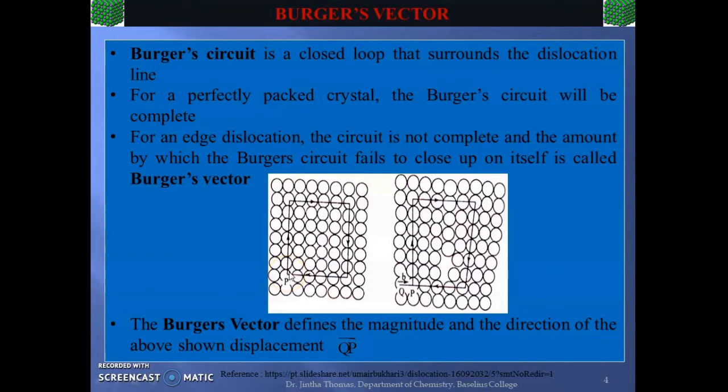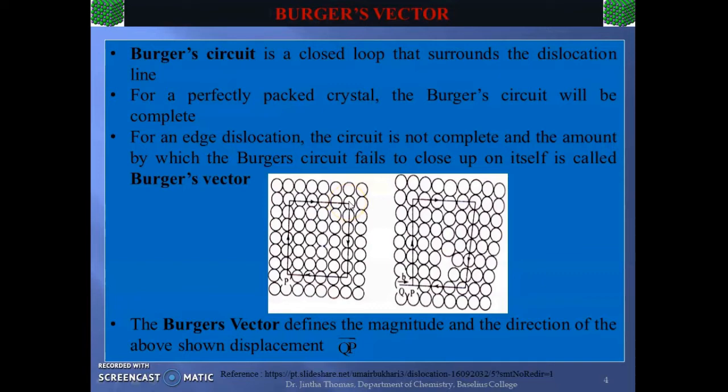So now let's start drawing the loop from the point P. For that we are going up by 6 steps. 1, 2, 3, 4, 5, half here, half here. So we are going up by 6 lattice positions, or atom positions, and we have reached here. Now let us go to the right by 5 atom positions. 1, 2, 3, 4, half and half. So 5 lattice positions and we have reached this corner.